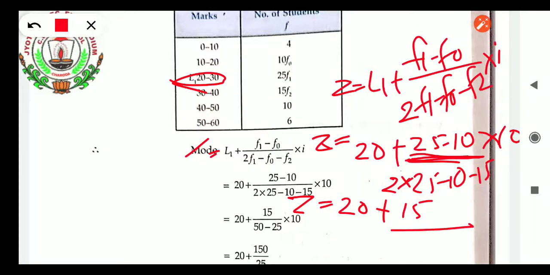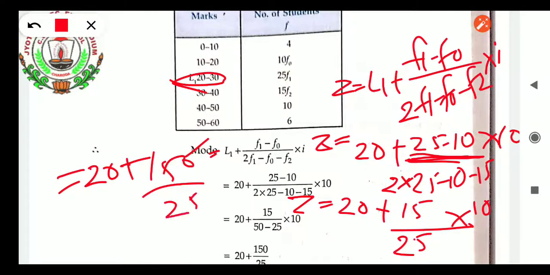divided by 2 into 25, 50. 50 minus 10, 40. 40 minus 15 you can do. Okay, 40 minus 15, 25. So what will be there? 25 into I, how much is it? 10. So it will be coming as 20 plus 15 into 10, 150 divided by 25. Now you will be getting 20